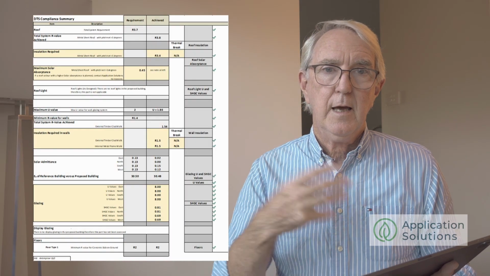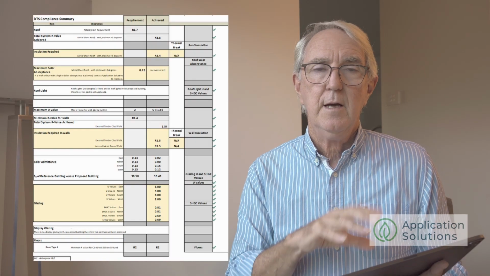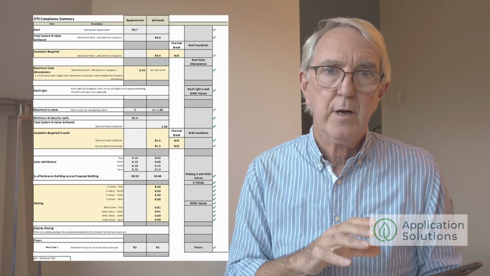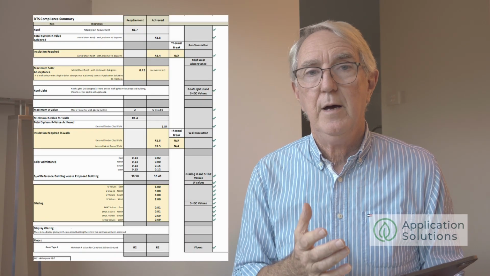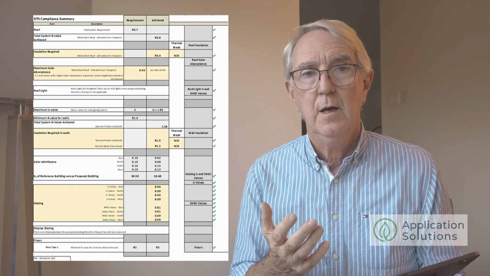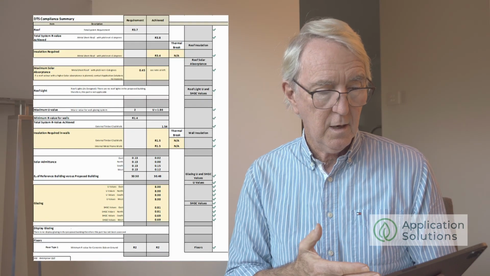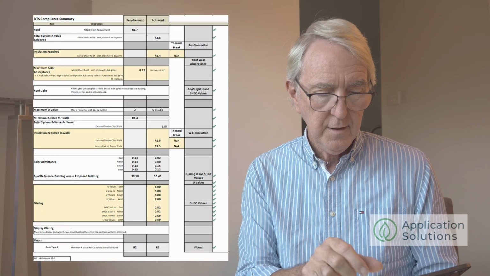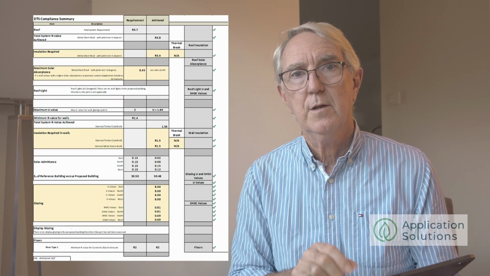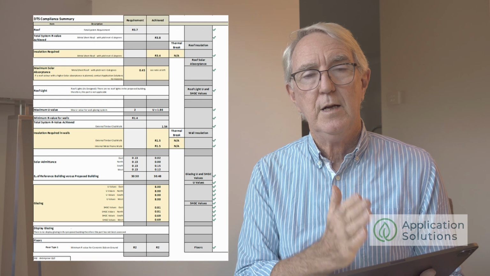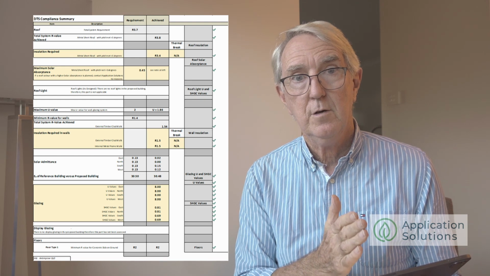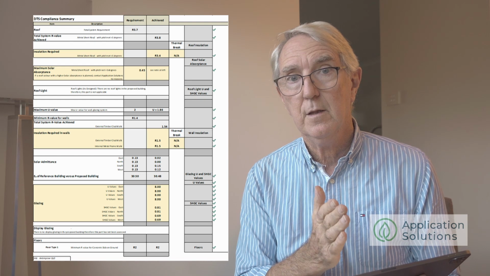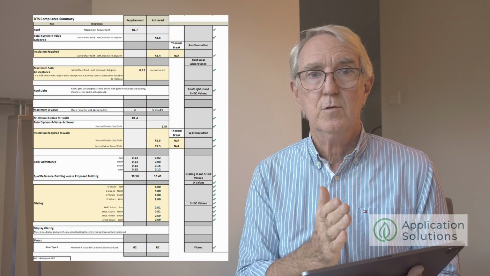At the end of our executive summary, we also have a table that comes out of the assessment and summarises everything to do with the fabric assessment. And that's the biggest part of the assessment, is the fabric. You can see down the left-hand column, it lists all the items that need to be complied with. And in the middle, we've got two columns. The left column sets up the threshold requirement the code is requiring,